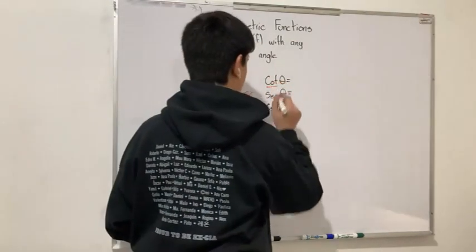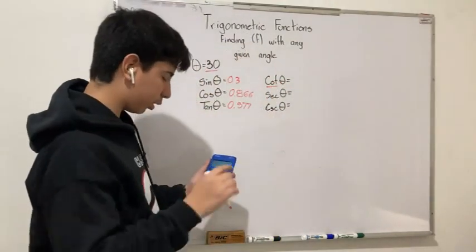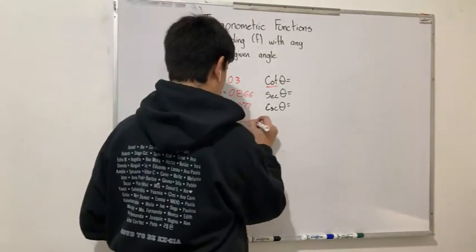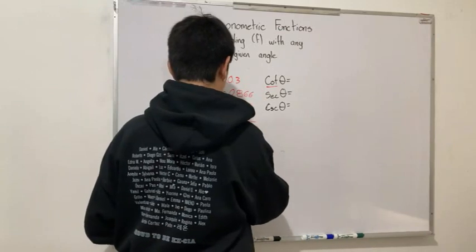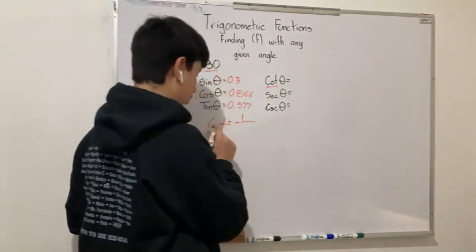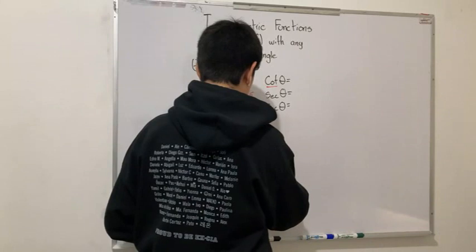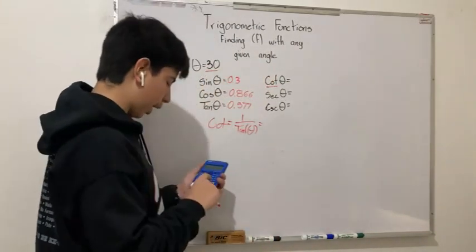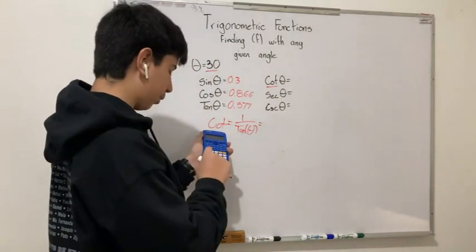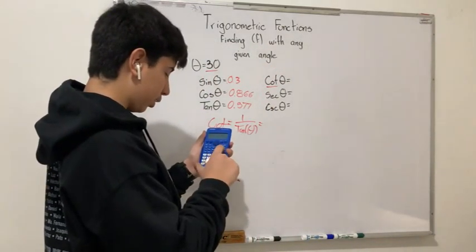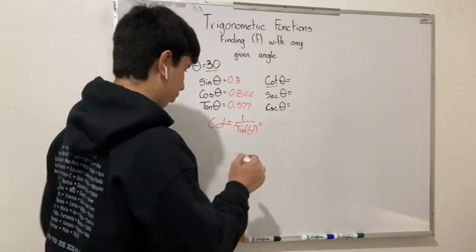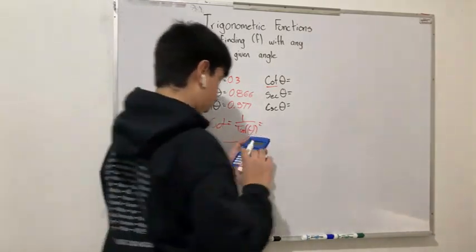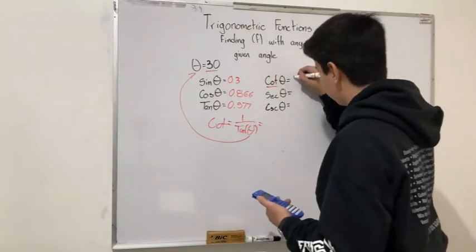For cot, it's not like we have cot in the calculator, so what we do is do a fraction: 1 divided by cot is equal to 1 divided by tangent. So now we know that cot is this, so we divide 1 divided by tangent 30. So we know now that here it will be